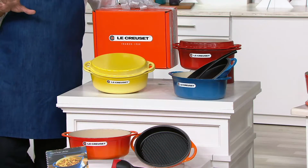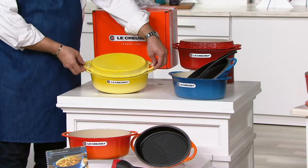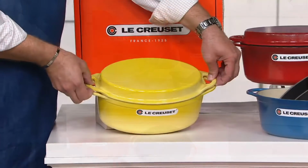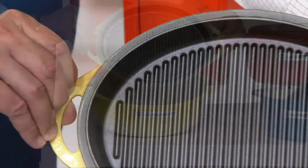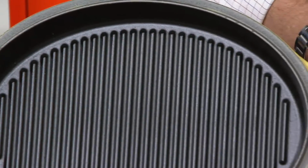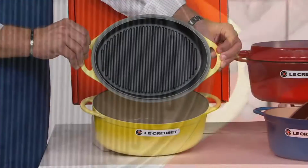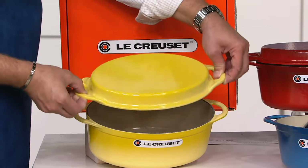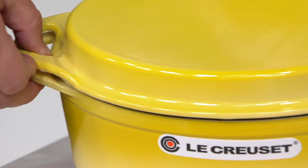These are cast iron vessels, but what's exciting is you're not only getting that 4.5 quart oval Dutch oven, you're also getting a grill pan lid. Check it out. This lid can go right onto your stovetop. It can go in your oven. It could even go on your barbecue if you wanted to. And then after it's finished being a grill pan, it turns into the lid for this beautiful 4.5 quart oval